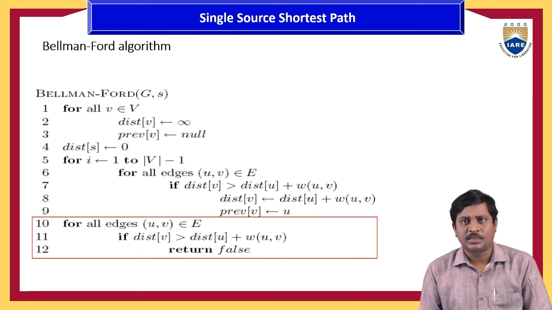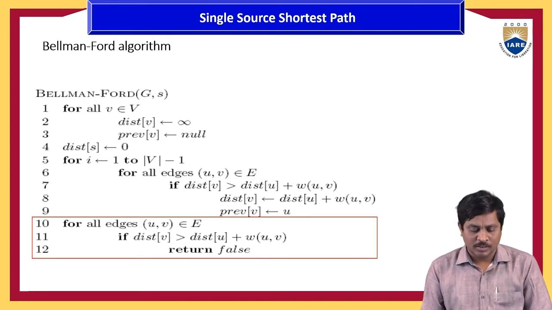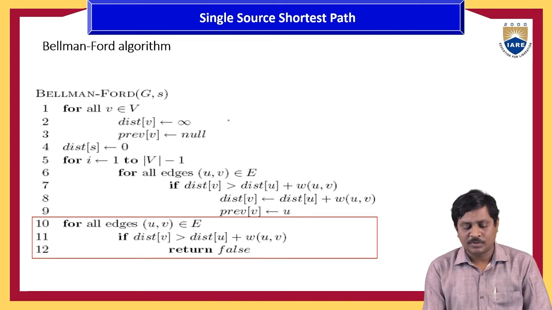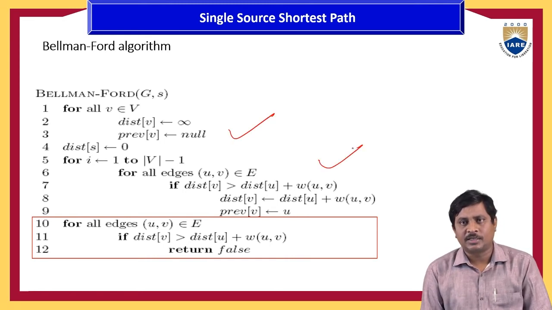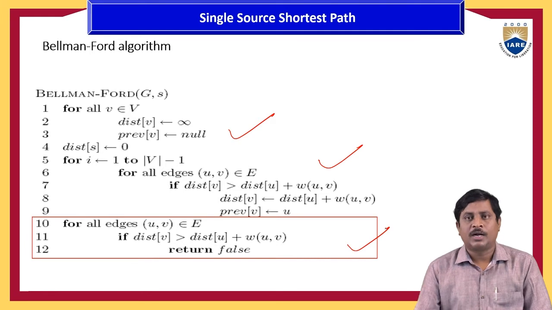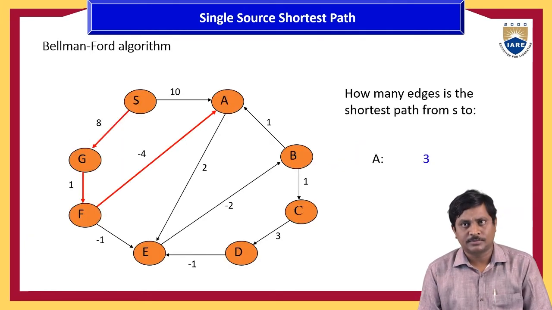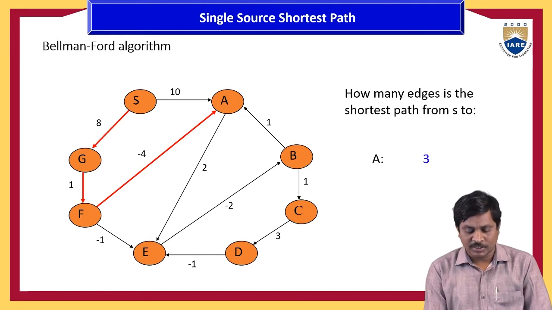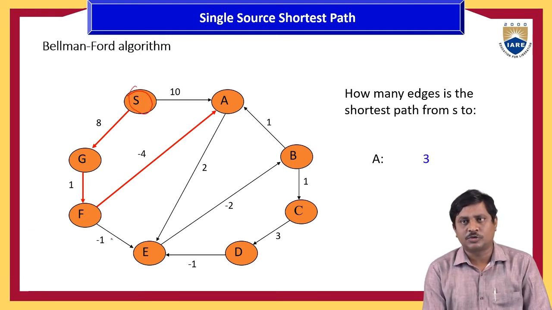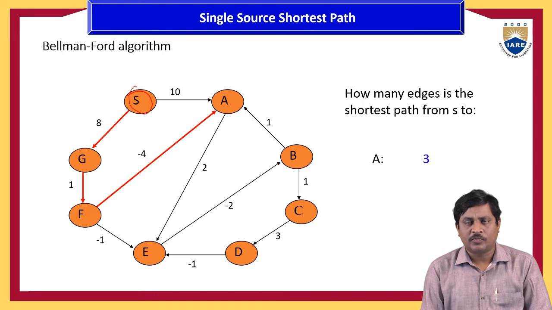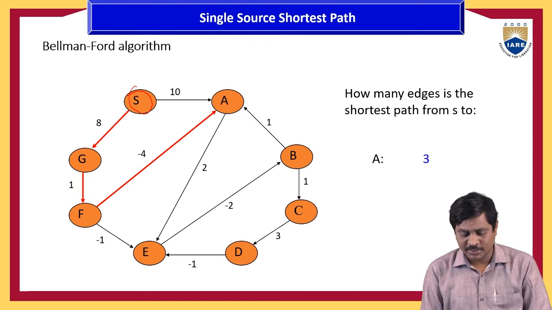Now here we see that in this Bellman-Ford algorithm, first we initialize the values, next iterate and update the values. Next here we find negative cycles, negative edge cycles. Now here first we see that this S is the source vertex. These are all the remaining vertices. From S we find the shortest path to all the remaining vertices.